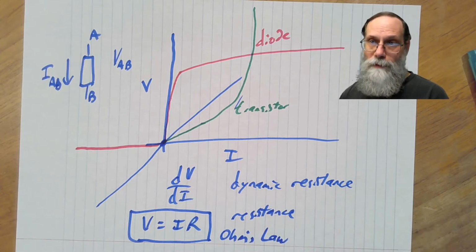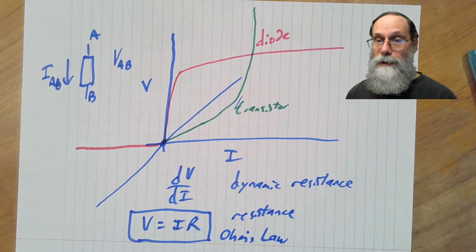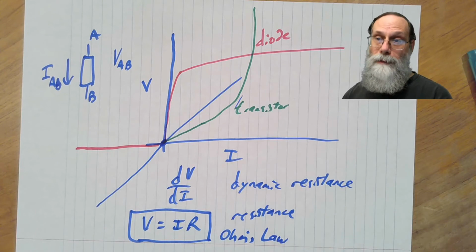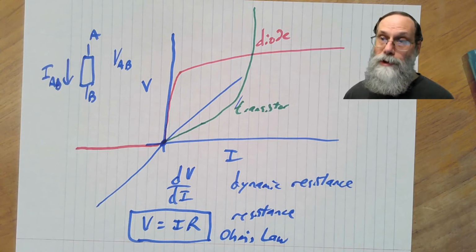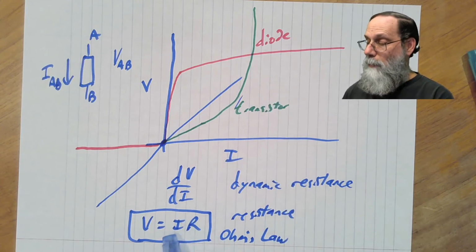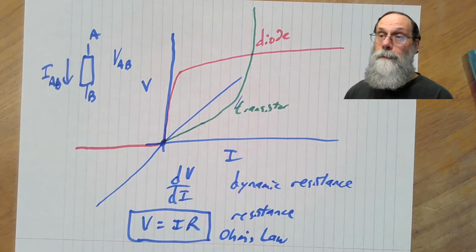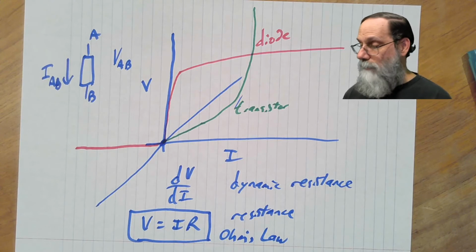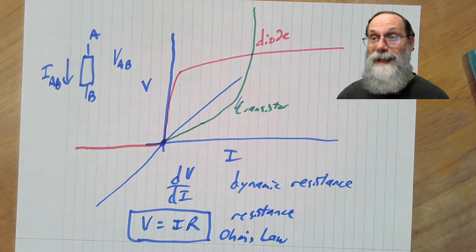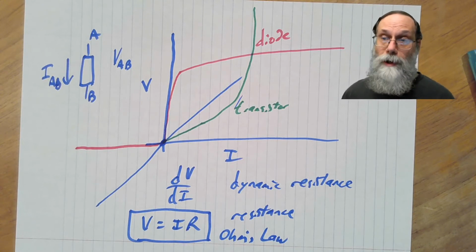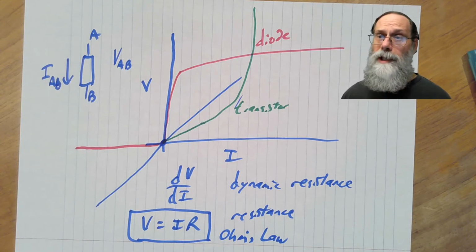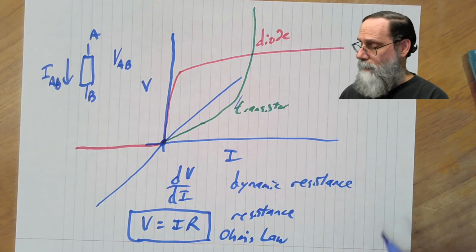It's an empirical observation that some materials, some components, have this straight line property that current and the voltage are linearly related, and the slope of that line, so what you multiply the current by to get the voltage, is called the resistance. This was originally, I believe, observed by Ohm, which is why Ohm's law is named after him. And it is an empirical observation. It's not something theoretical. It was observed initially in metals, but it also applies to a few other materials.